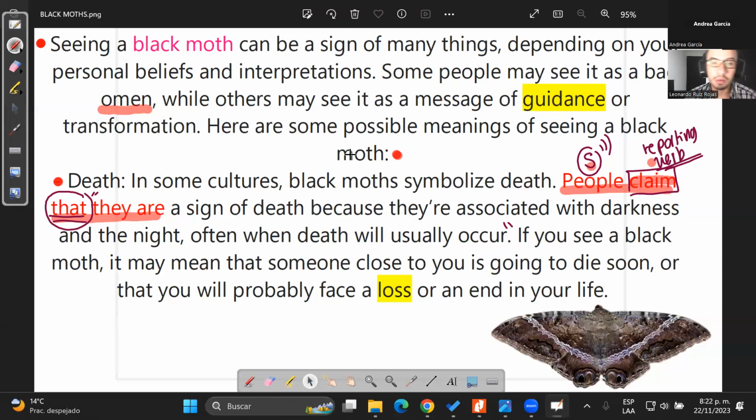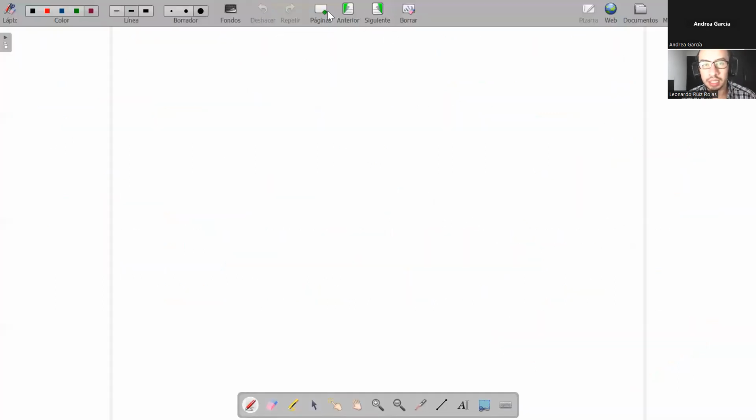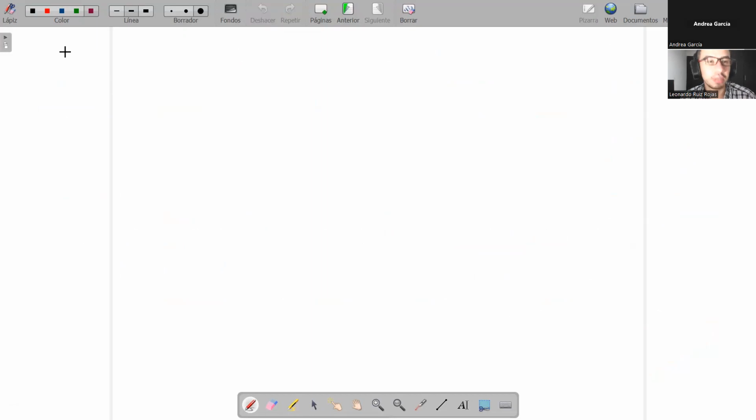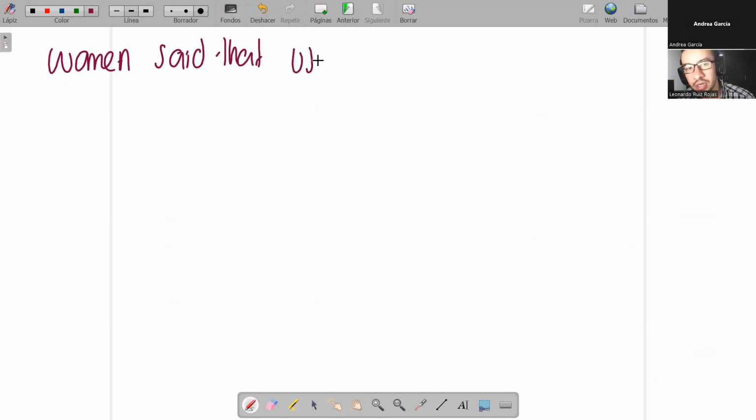Similar to what I did here with the women, with the example of the woman. For example, women said that using cucumber, in that case, I am giving the credit to the person who said that, or the people, in this case, the women. It's not me. I didn't say that. So I have to express those predictions or those superstitions, or those beliefs, giving the credit to the person who started. So in that case, I would say women said that using cucumbers, and so on. So it's very simple.